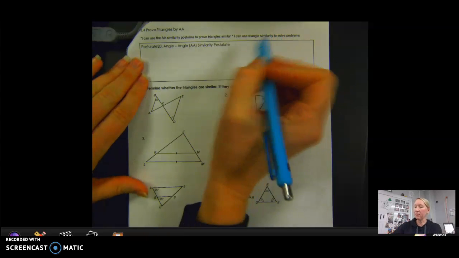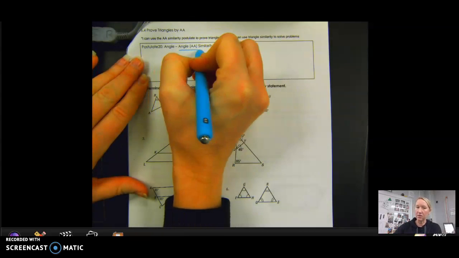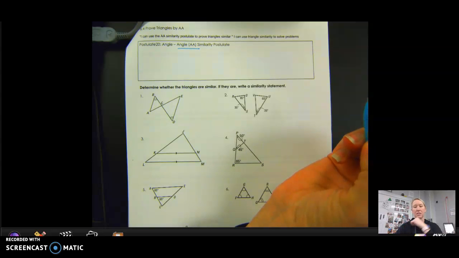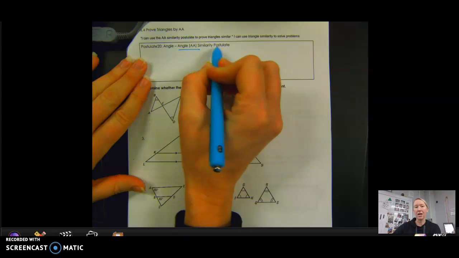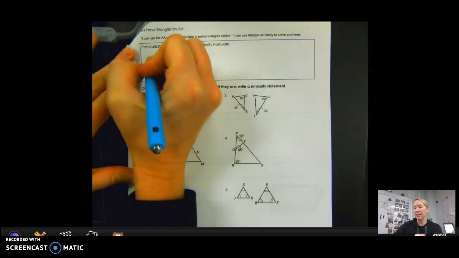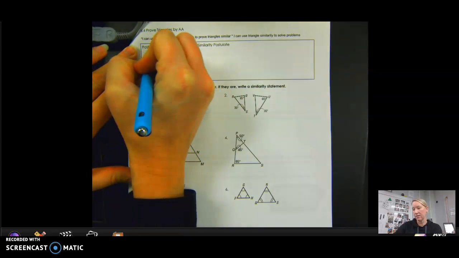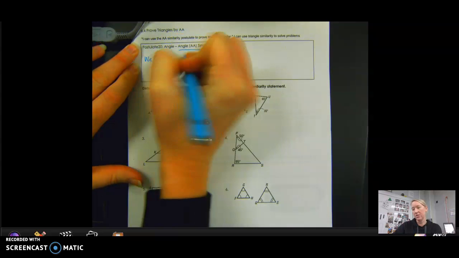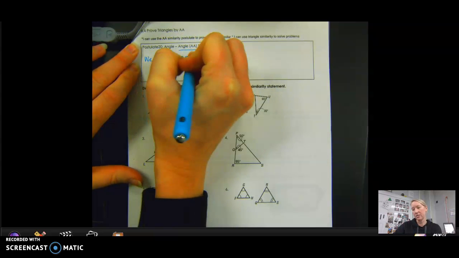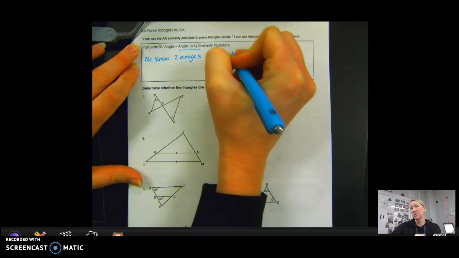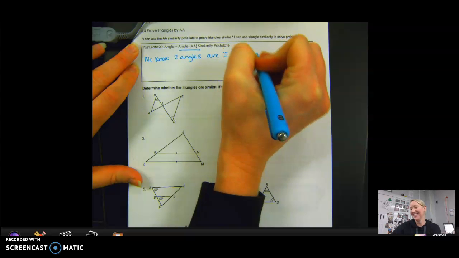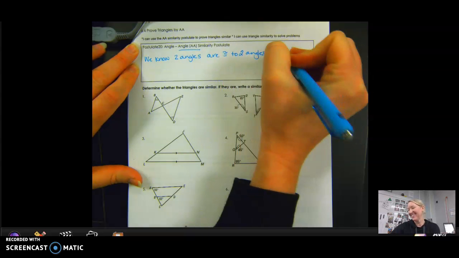Okay, so what we are talking about is angle-angle similarity. In the past sections, we talked about similar figures. They have to have all equal angle measures, and all their side lengths have to be proportional, okay? In this postulate, what this is saying is that if we know two angles are congruent to two angles on another